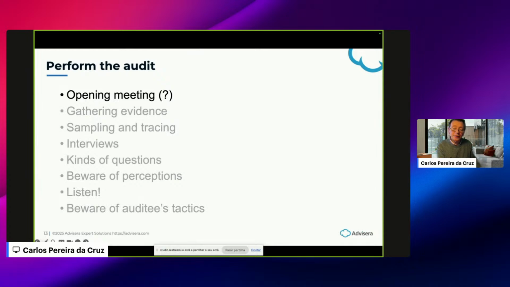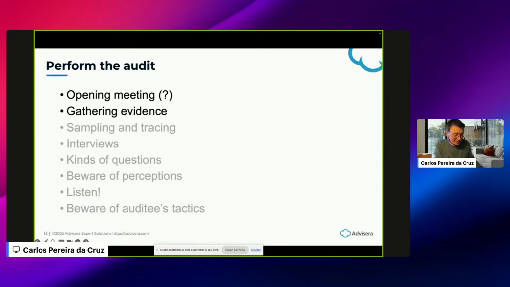During internal audits, not all organizations consider it necessary to have an opening meeting where the agenda is remembered and any last minute change is agreed upon. So I advise, please go with the opening meeting. It's like singing the national anthem before a game. It makes a break between before the audit and the audit. Sometimes when you are doing internal audits, people know the colleagues. Bring some formality.